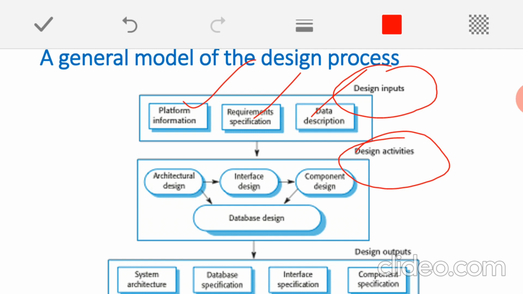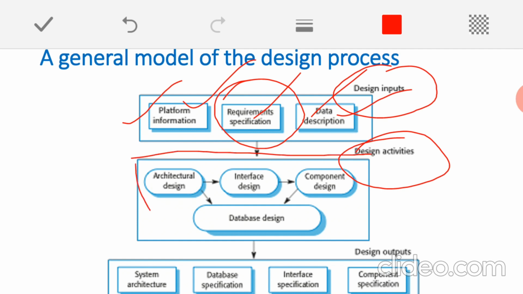See, for example, say when I want to run my own software, I need the support of an operating system always. So the operating system will be acting as one platform for me. That platform information will be acting as an input, and another very important input is my requirement specification, because this requirement specification is the output of my previous stage, that is the requirement engineering process, which consists of a whole set of variety of requirements. I also need to define the data description, meaning with what type of data my software is going to deal with. Okay. So these are the three inputs.